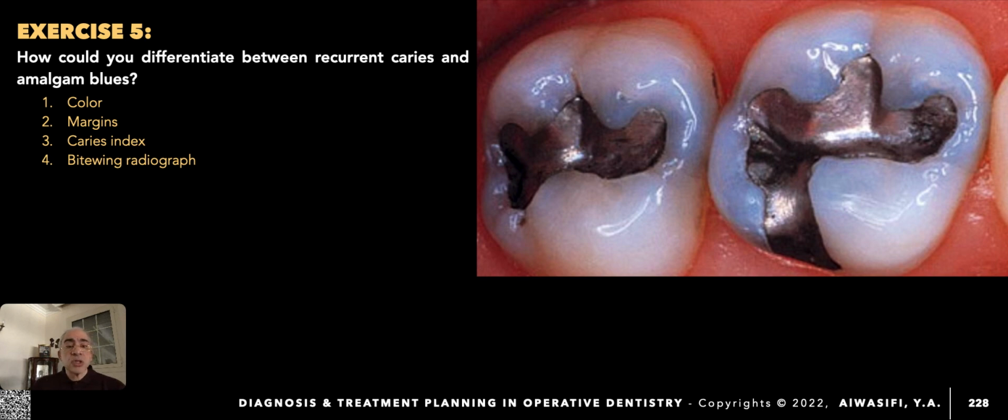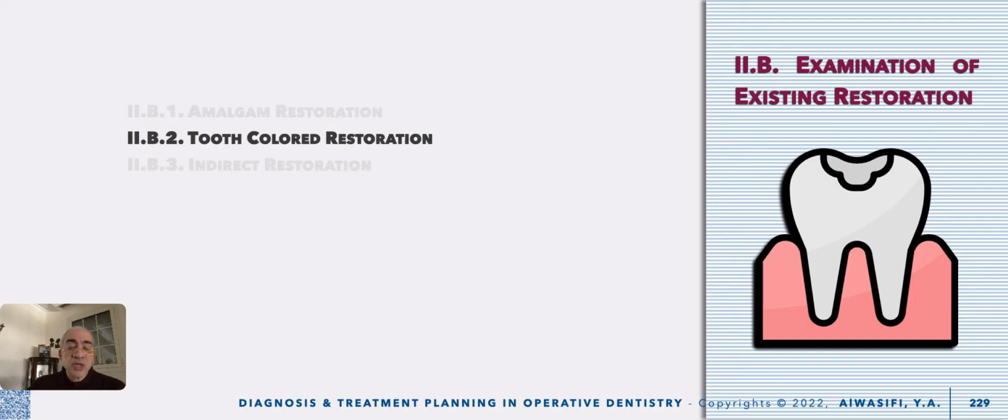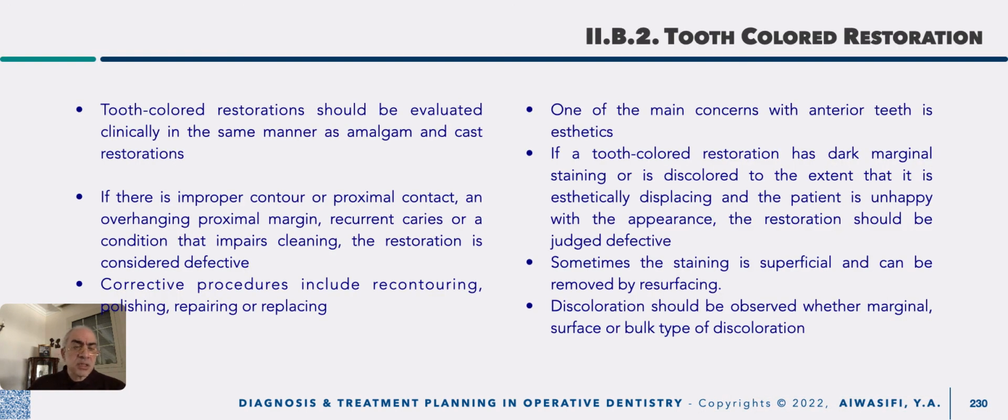Amalgam blues, due to corrosive products, appears radio-opaque, as we discussed before, while recurrent caries appears radiolucent. Then comes tooth-colored restoration. Tooth-colored restoration, either direct or indirect, is evaluated similarly to amalgam restoration, except for one additional item,